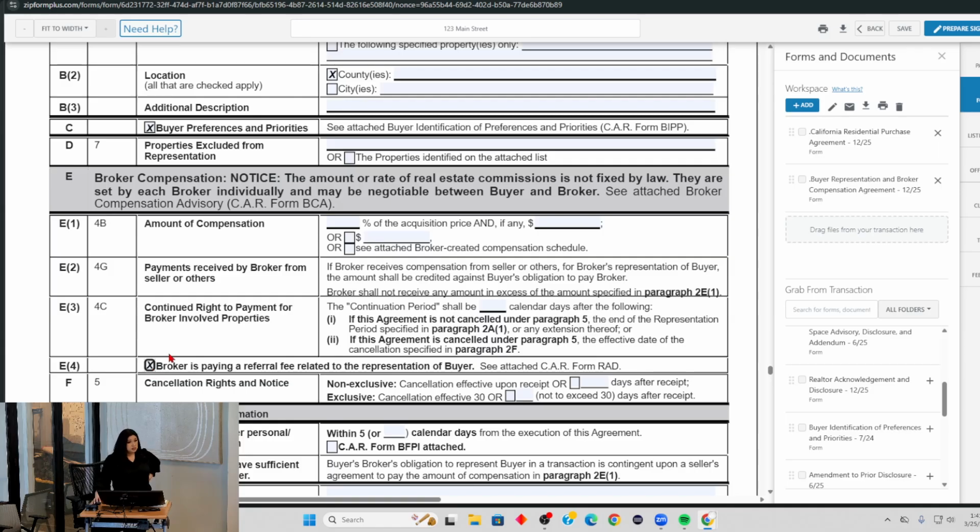Any referrals? The referral agreements have changed, and the new revision is for 12/25. So December 2025 is the new one. It is on all referrals, and it's also attached to your BRBC. So your buyer broker is paying a referral fee, and it's also in your new listing agreement. There's a box for that if you're receiving a referral for that client. Your RAD form